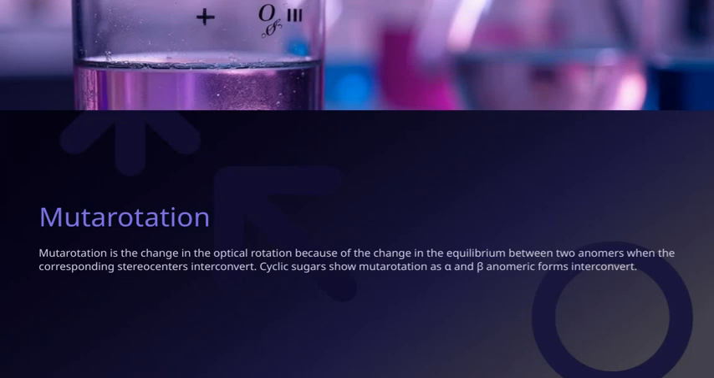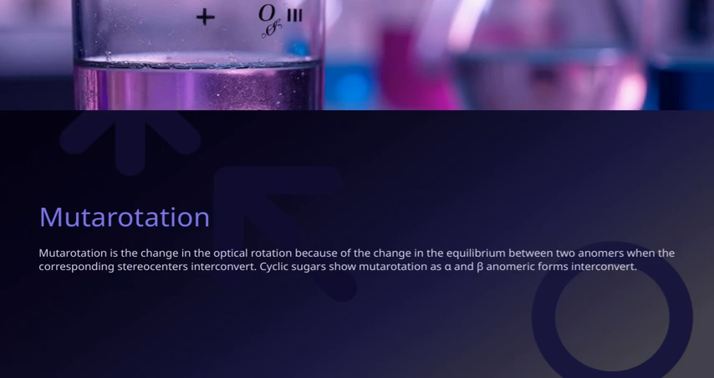Let's talk about mutarotation, which is really fascinating. It's the change in the optical rotation that we observe when the equilibrium between two anomers shifts. Essentially, this happens because the stereocenters in the sugar molecules are interconverting. When dealing with cyclic sugars, this process is especially noticeable because the alpha and beta anomeric forms are constantly converting back and forth. This interconversion causes the optical rotation to change, which is a key concept in understanding sugar behavior